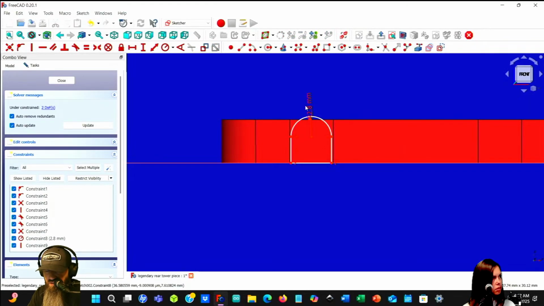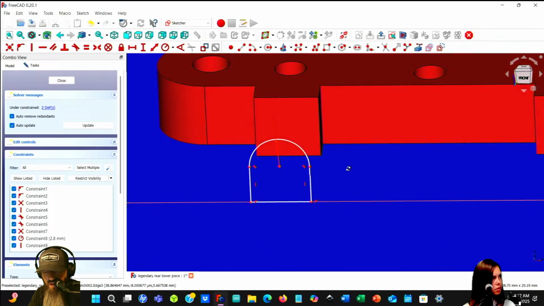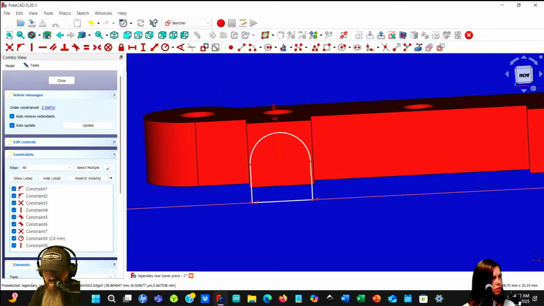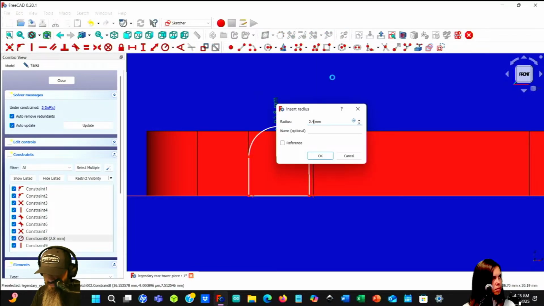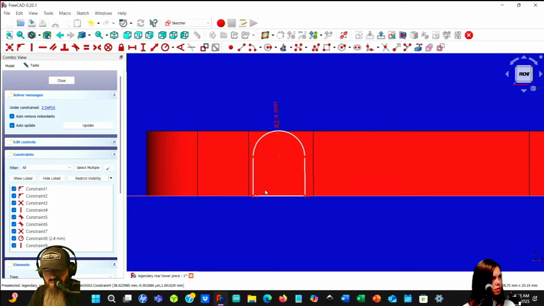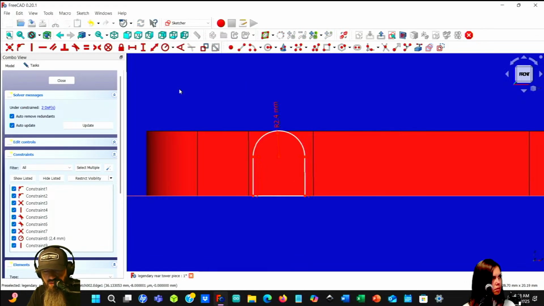I wonder if these are too wide. If I constrain these too wide, I probably need to go back and redo them because it looks like they need to be whatever this thing is. It looks like it's supposed to be like that. And then how big does this make this? 4.8 millimeters.